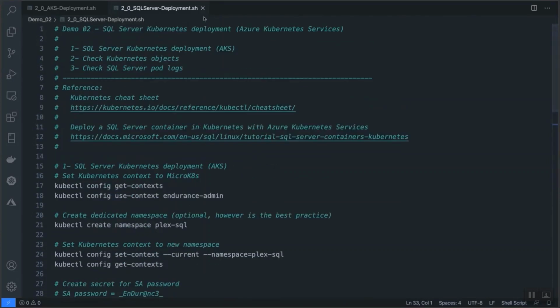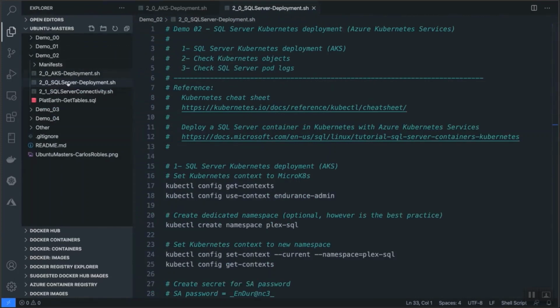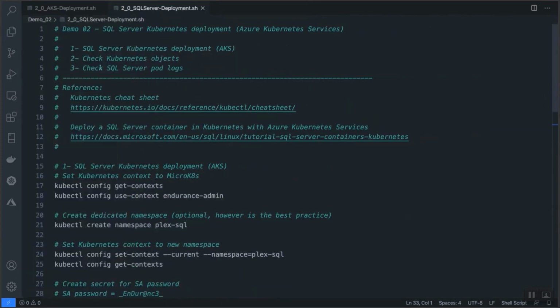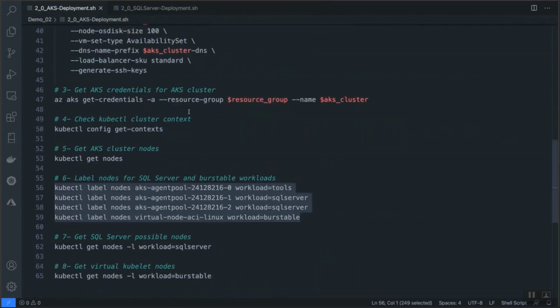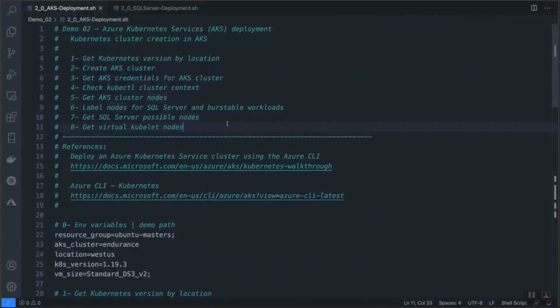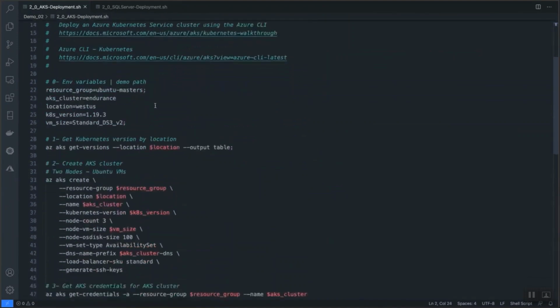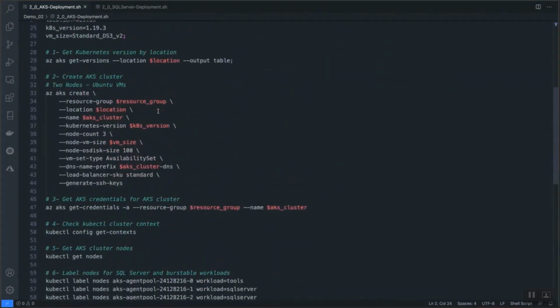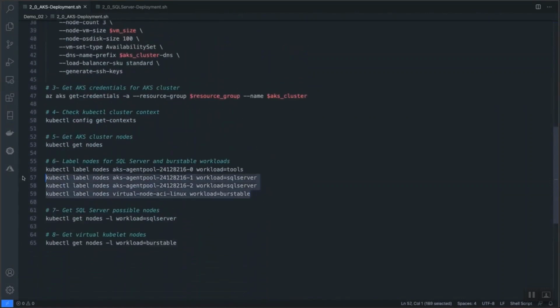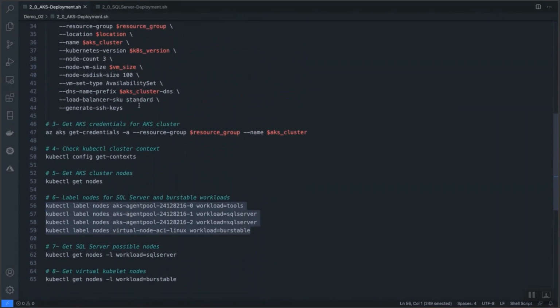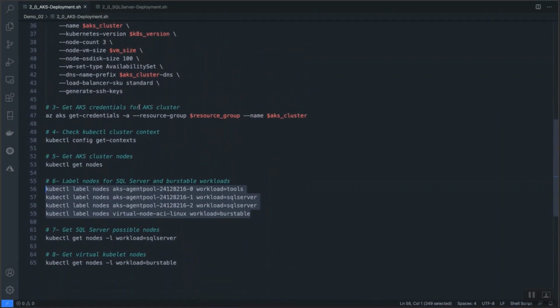Okay, so getting back to Visual Studio Code, let's have our second demo, and this demo is going to use Azure Kubernetes Service. If you want to follow along, once again, I include some guides here, there you go, on how to deploy a SQL Server service on AKS using the Azure CLI. Here's all the information. I created a 3-node